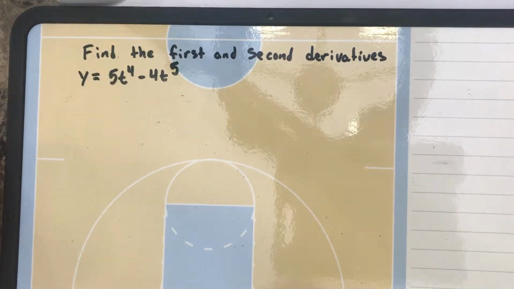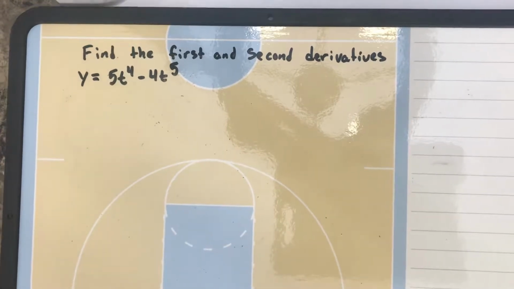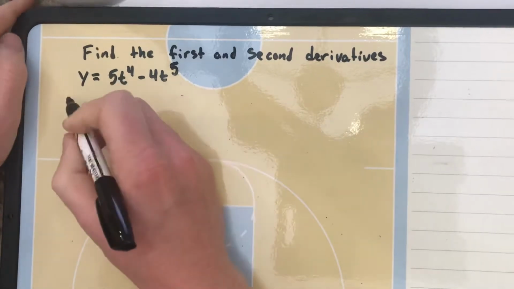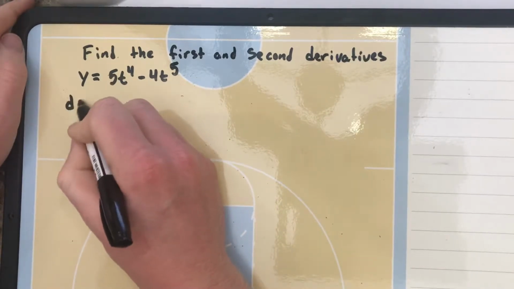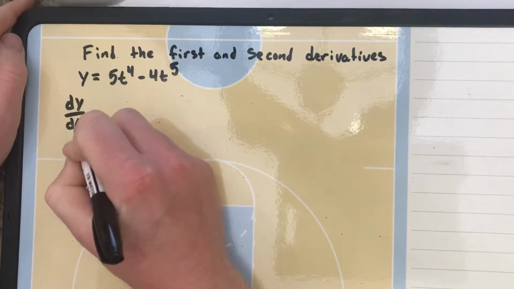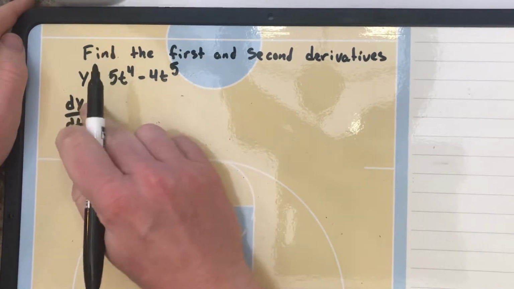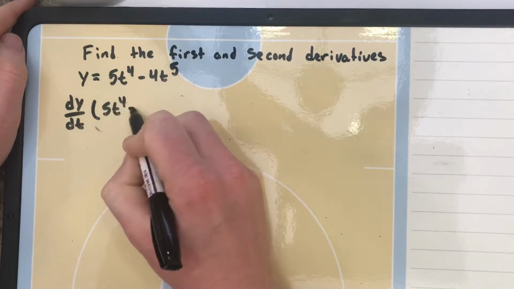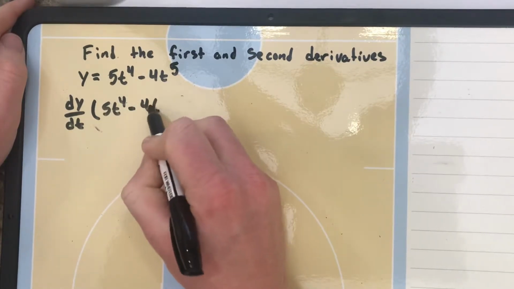Hey everyone, here's another example video from section 3.3. This example wants us to find the first and second derivatives of this function y equals 5t to the fourth minus 4t to the fifth. So we're going to start with the derivative of y with respect to t of this function, 5t to the fourth minus 4t to the fifth,